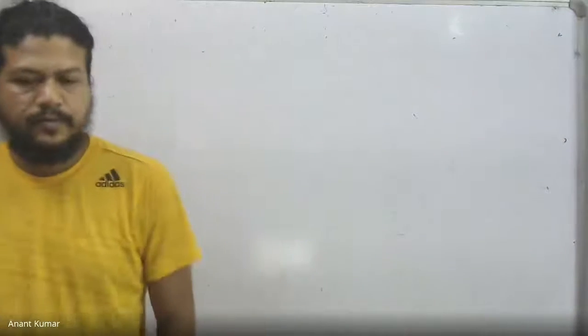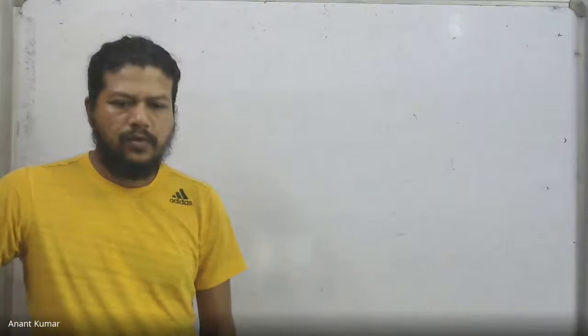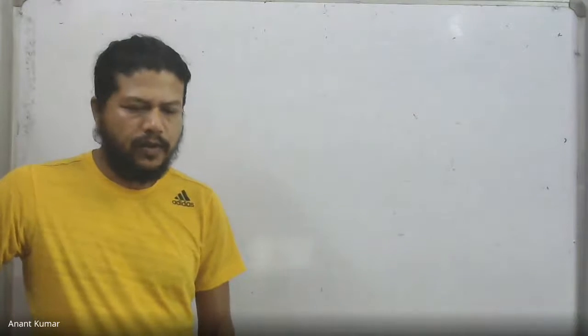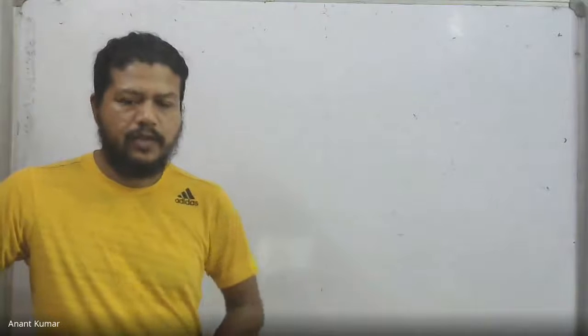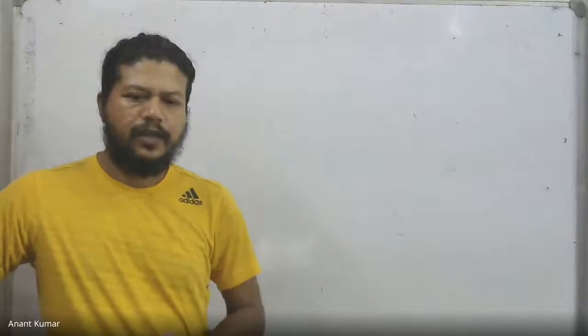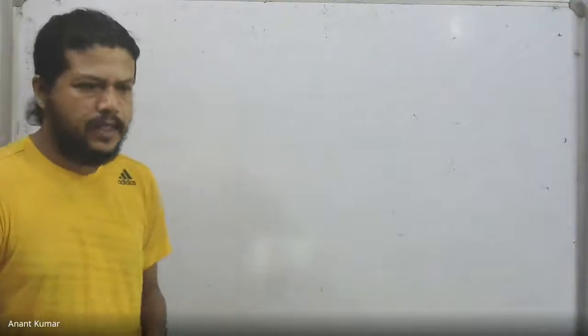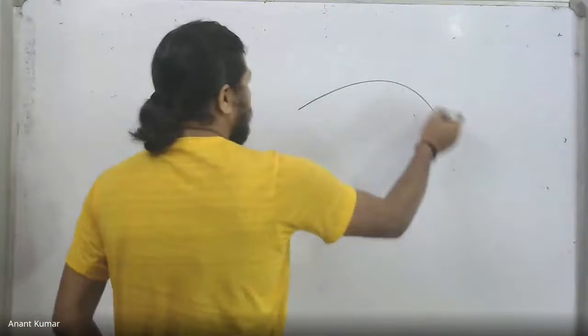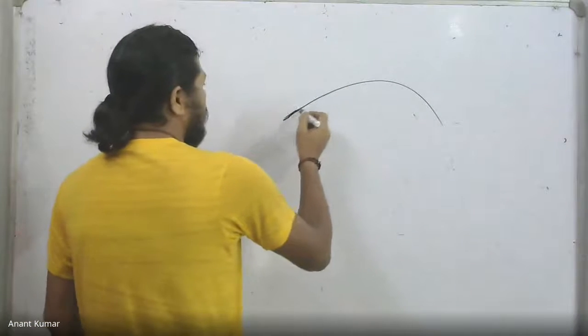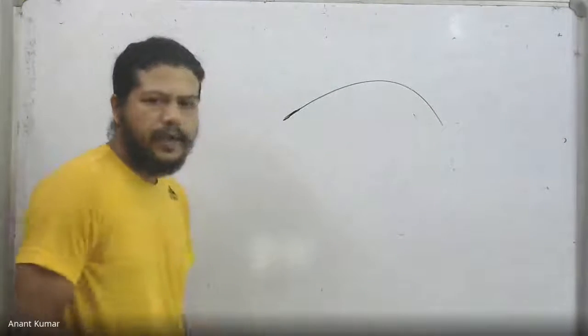Let's see. Okay, so what I was saying is, if you look at this one carefully, it requires a bit of calculus. I was saying, just for the justification. You might not copy it if you wish, but just look at the solution. See, first of all, what you've been given is that if I just take the path of the projectile, then along the path, the speed is reducing.